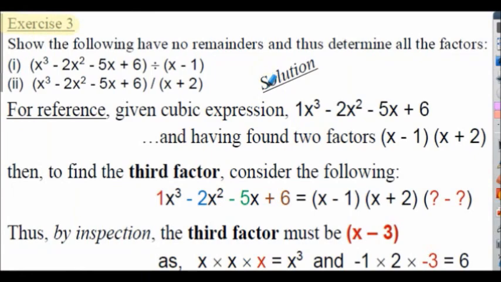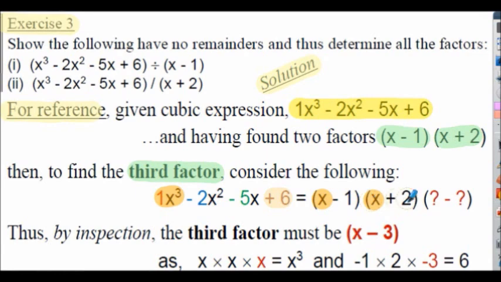Exercise 3, solution continued. For reference, to find the third factor of our cubic expression, given above in the question, having already found the first two factors of x minus 1 and x plus 2 from our previous slides, we can find the third factor by considering the following. We know we need an x cubed term at the beginning of the expression and a positive 6 constant at the end here. So considering the factors x minus 1 and x plus 2, if we multiply x by x,